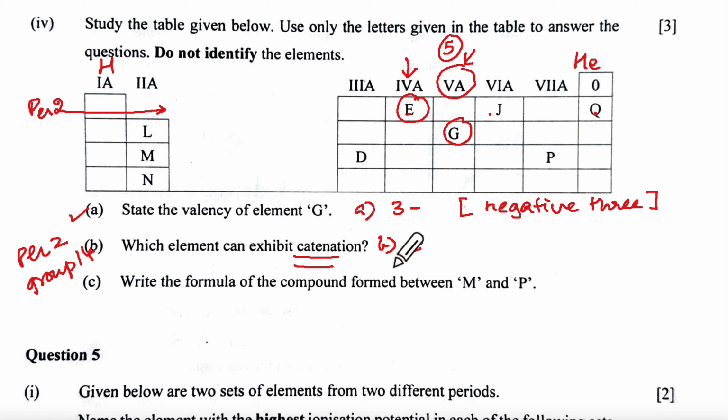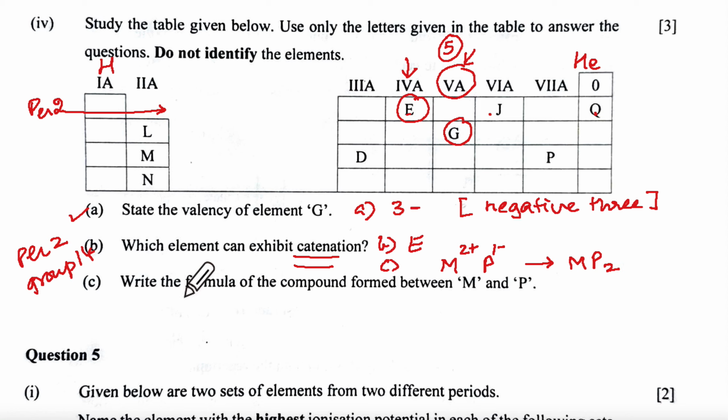Write the formula between the compound formed M and P. M is going to be 2A, which means it has 2 valence electrons, so 2 plus, and P is going to be group 7A, which means it will be 1 minus. So you will get this way if you do crisscross